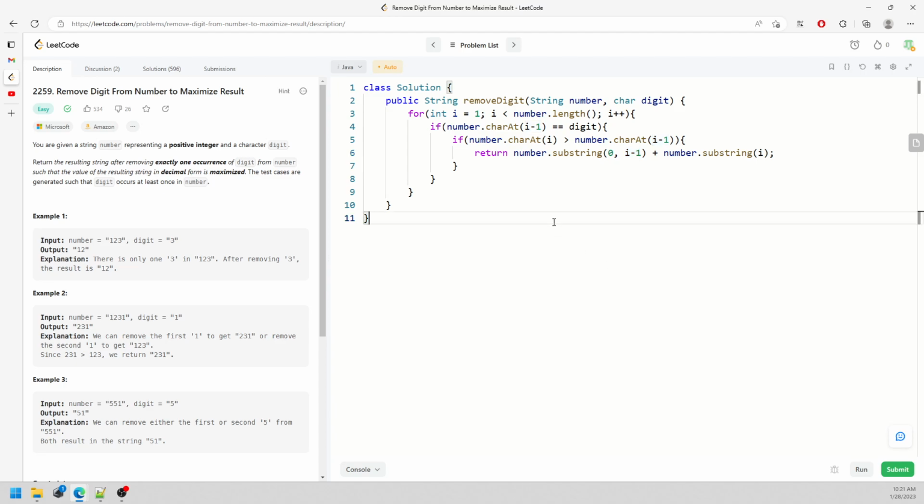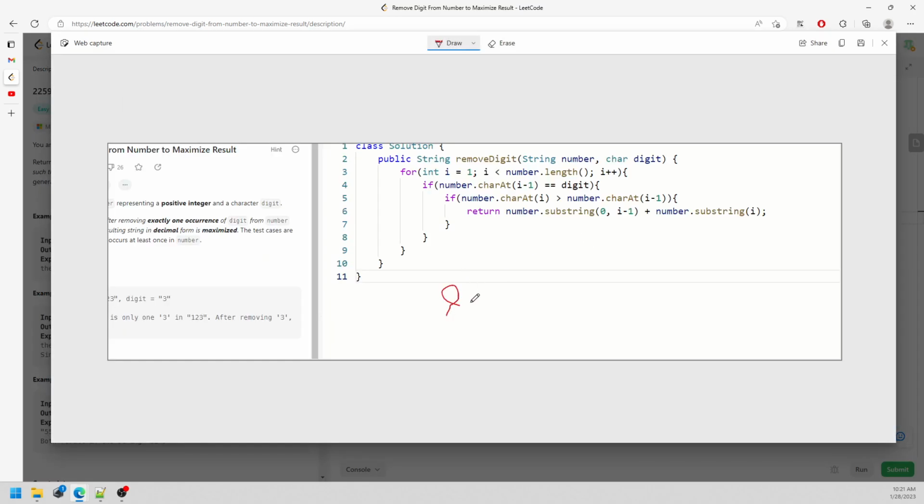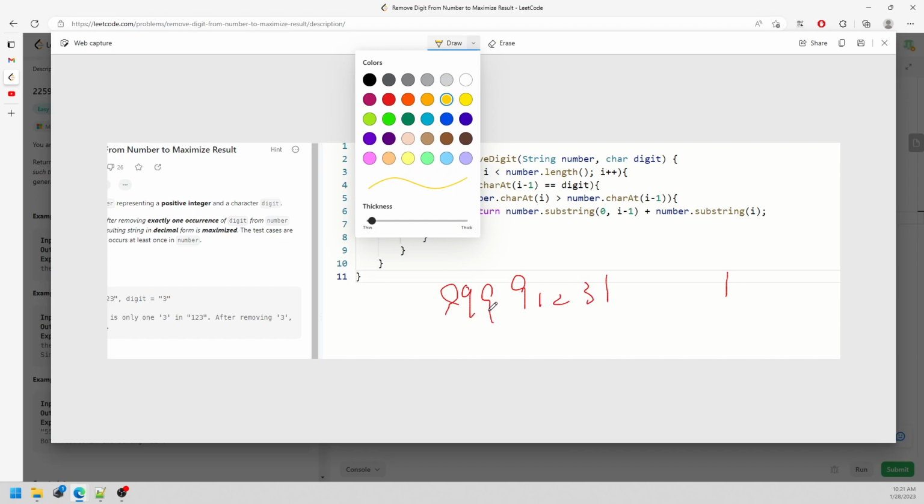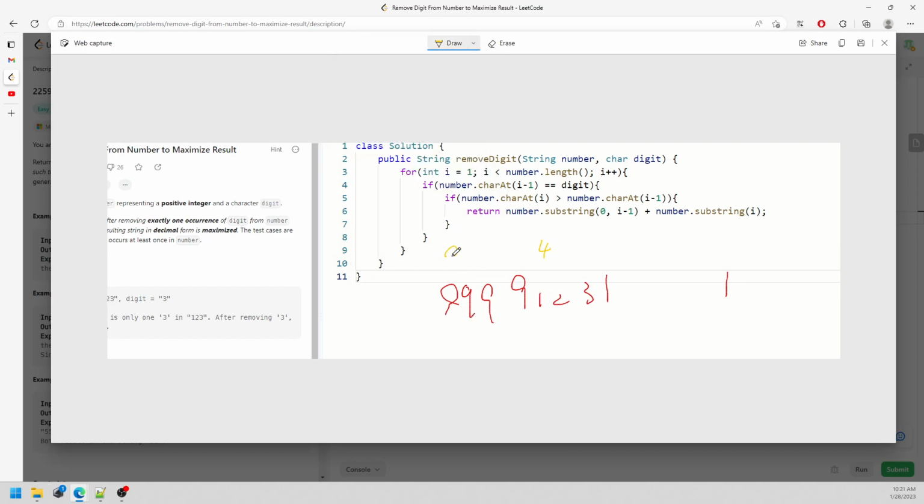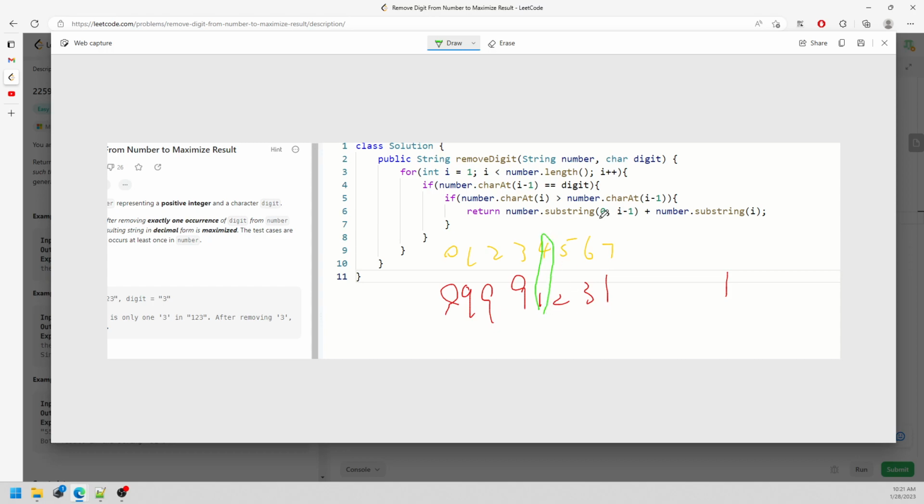Oh my god, let me draw. Imagine this is 9 9 9 9 1 2 3 1, and this is 1. The substring for this one, the position is going to be what? 0 1 2 3 4, and 0 1 2 3 4 5 6 7. And then the position for this is 4, so it's going to be 0 comma 4 plus the substring from